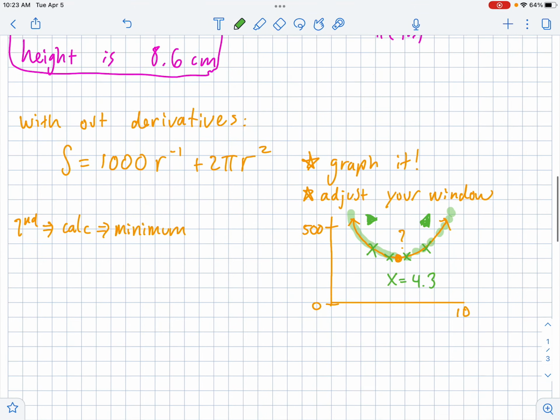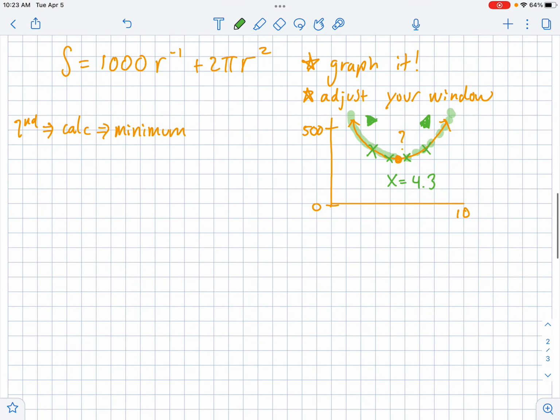Now, that's the point 4.3 and 349, but we actually don't care about the y value of that because the x is just the radius that you want. You would then still have to plug that radius into the height formula to be able to find, 500 over pi r squared. But feel free to check your answers doing this. But remember, come test time, I'm going to want you guys to actually take a derivative because that's the target, is that you can use derivatives with